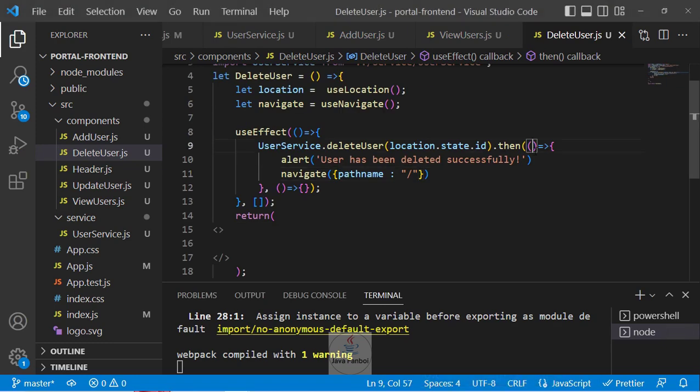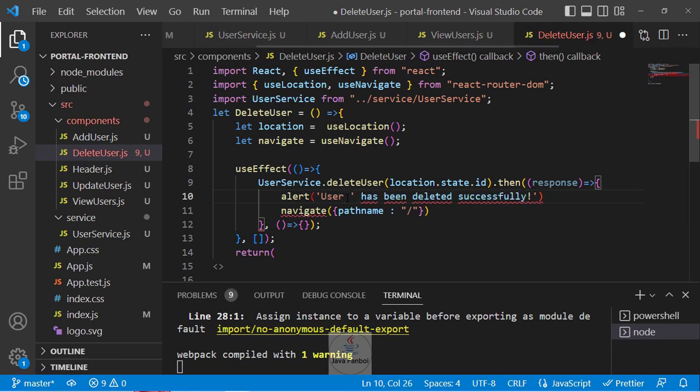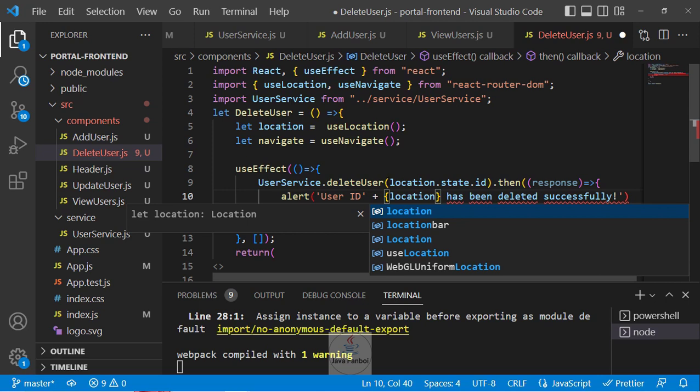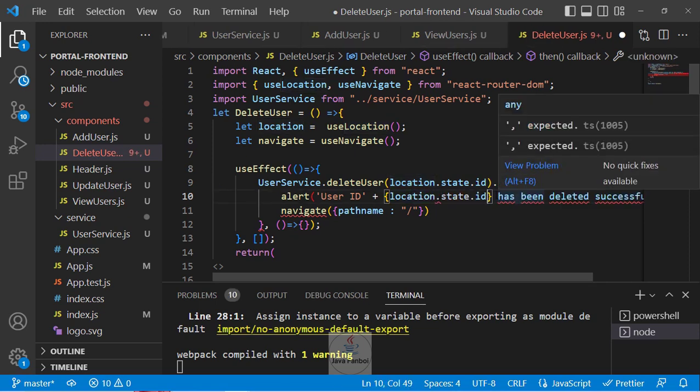Okay, maybe we have not mentioned the response. So let's update this message here. User ID and this part location.id has been